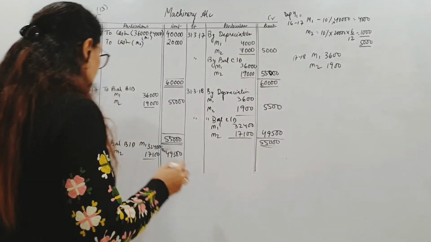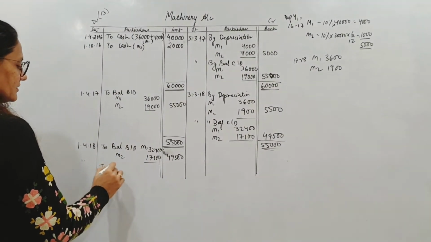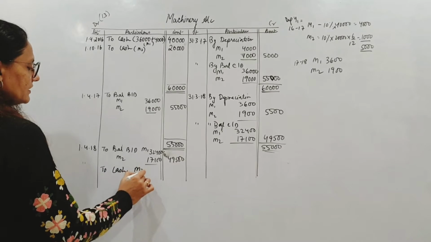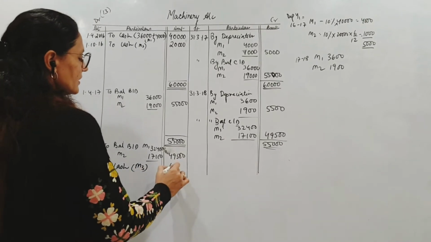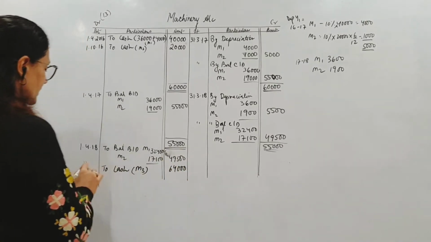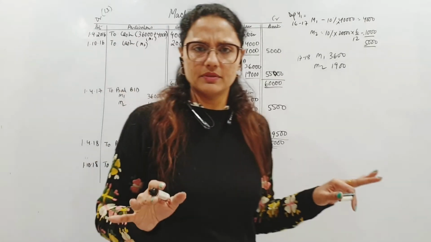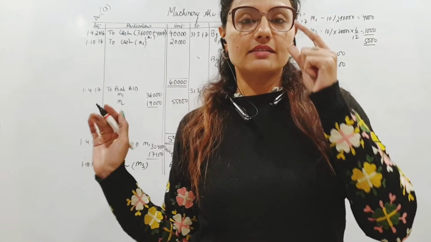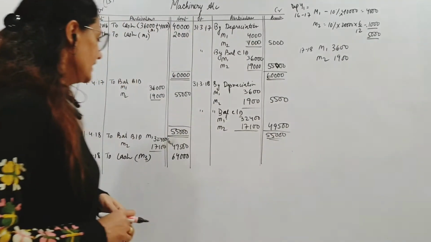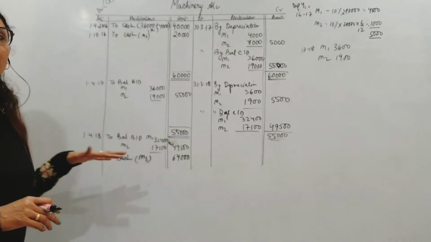Now, coming to the sale purchase entry, it's pretty simple. We will write here to cash. M3, we are purchasing the third machine. 64,000. Which date? 1/10/18. Purchase ka to aa gaya. It's pretty simple. Okay. So that is done. But sale. Sale ke liye, we are not selling on this date, right? We are selling on